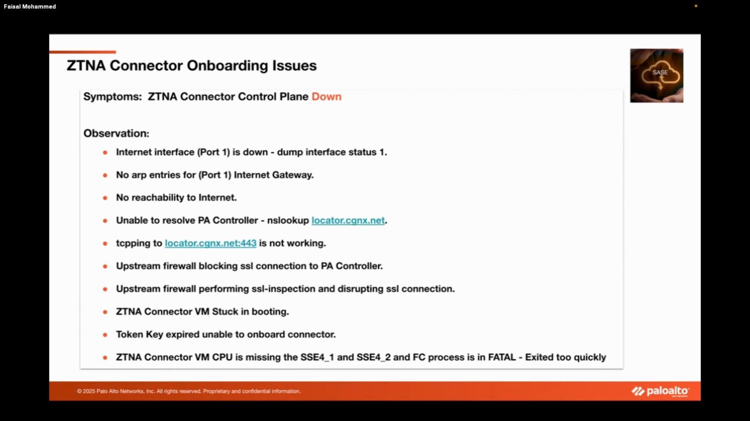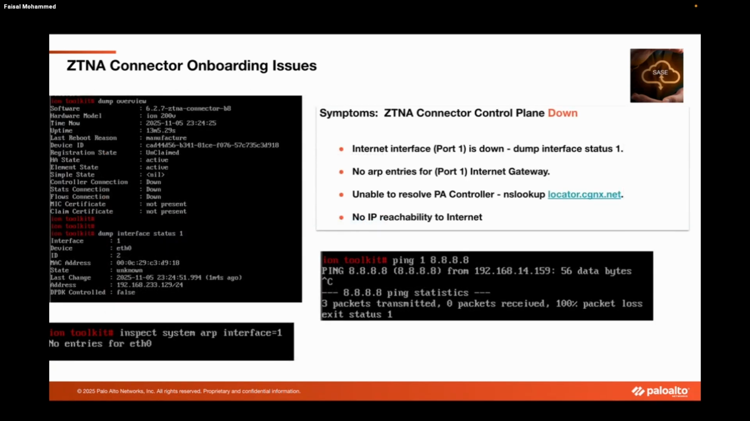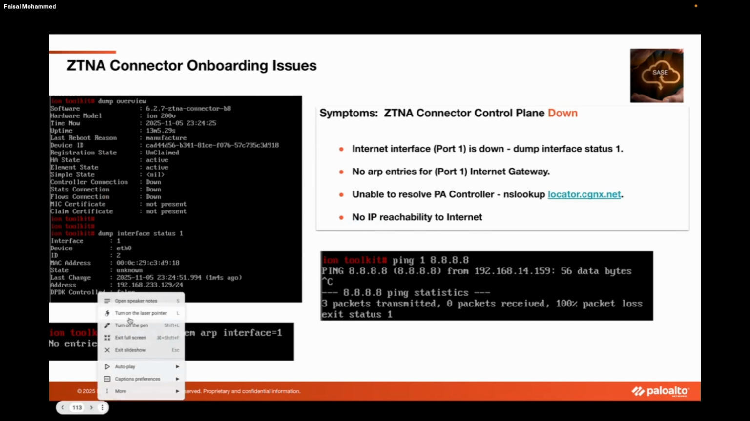And from the connector perspective, we require these instruction sets to be enabled for it to function. Okay, so now the onboarding issues which I specifically mentioned, if you look at the screenshots here,